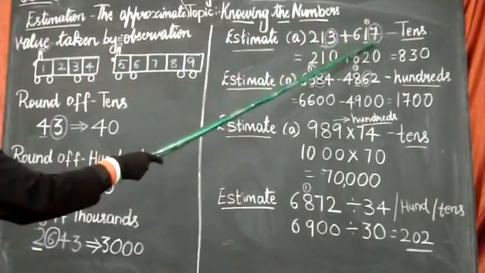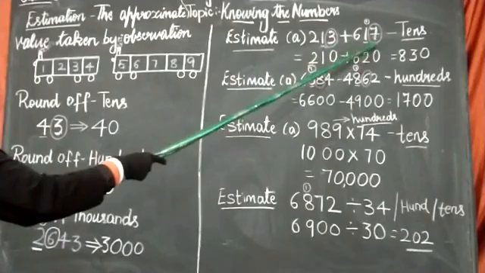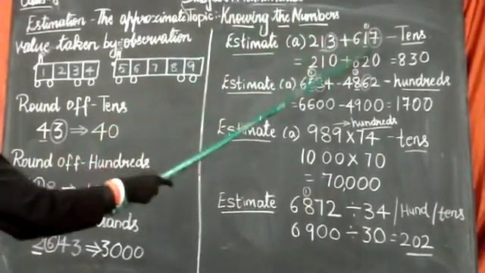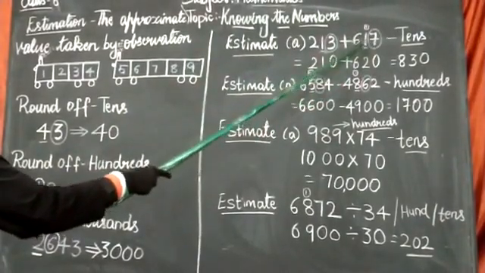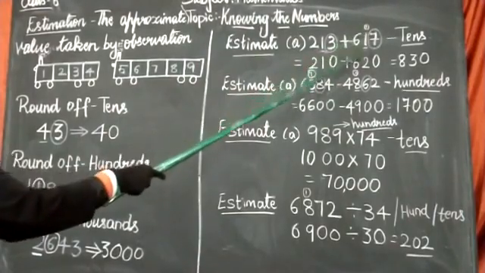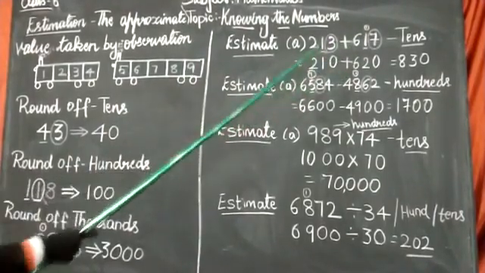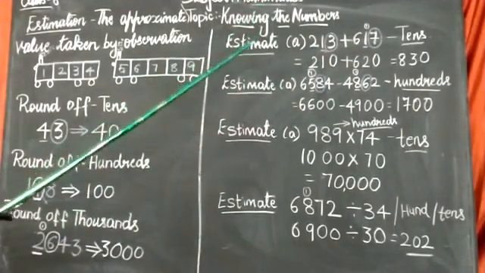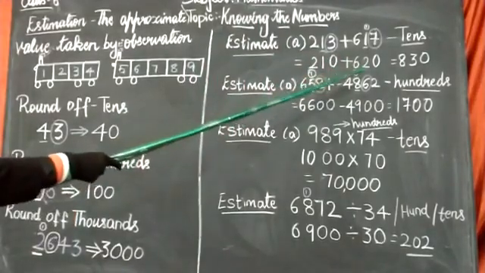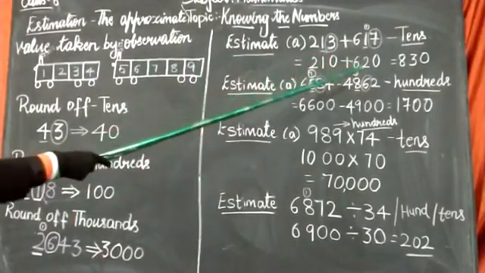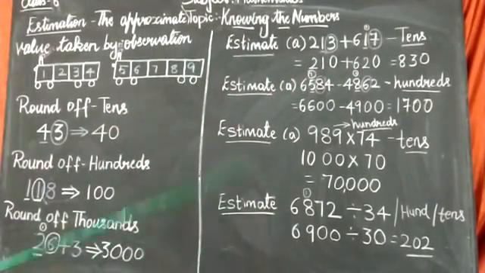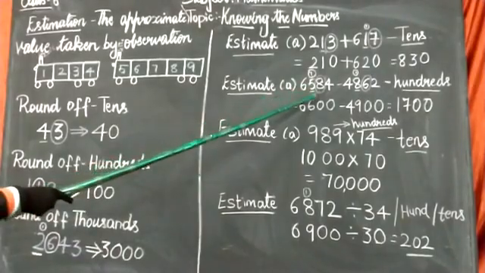617. So we are taking the ones place into consideration. So 7 is bigger than 5. 0 in ones place. So plus 1 we should add because it is bigger. So this 1 becomes 2 and 6 as it is. Did you get how I rounded off to tens place? It is 210 plus 620. So if we add those numbers, we are getting 830.